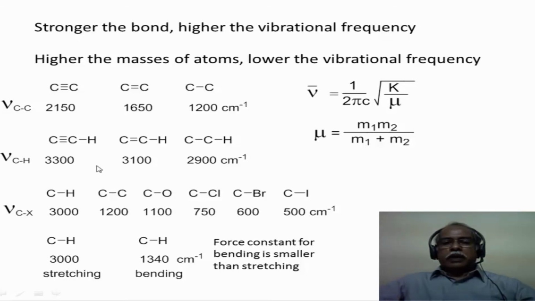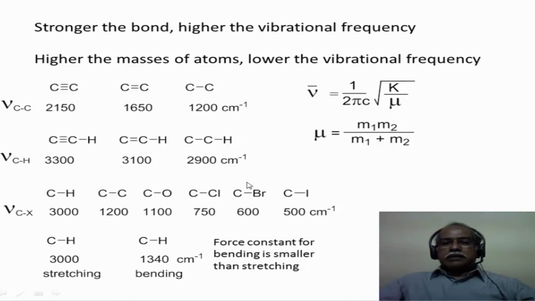Now these two parameters essentially vary the K value. In other words, as you go from right to left, the force constant keeps increasing, whereas the next two examples are essentially related to the mass, that is, the reduced mass. For example, as you go from CH to CI, the identity and the mass of the atom that is attached to carbon keeps increasing: hydrogen, carbon, oxygen, chlorine, bromine and iodine. In other words, keeping carbon as constant, we are essentially varying the mass that is attached to the carbon. Therefore, the reduced mass keeps increasing as you go from left to right.